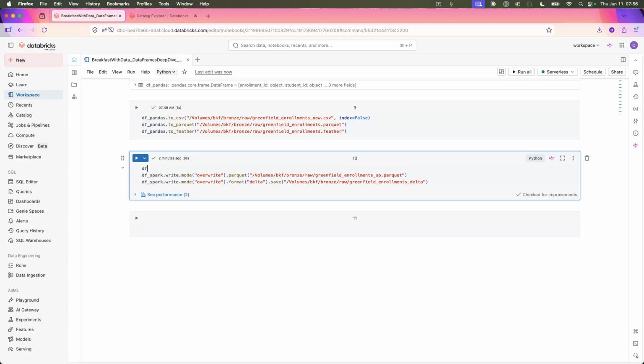So I can say df_spark_write equals df_spark_write dot with column, and I can add a column enrollment_year, and I can then have the year part of